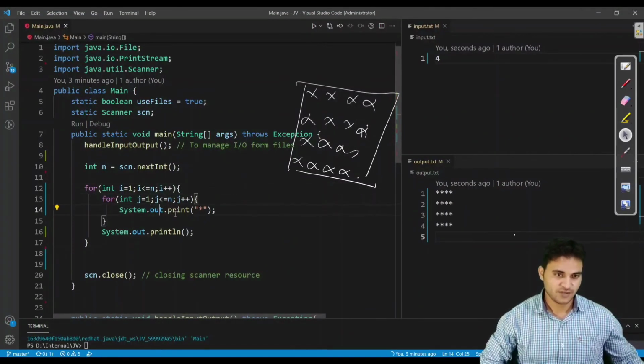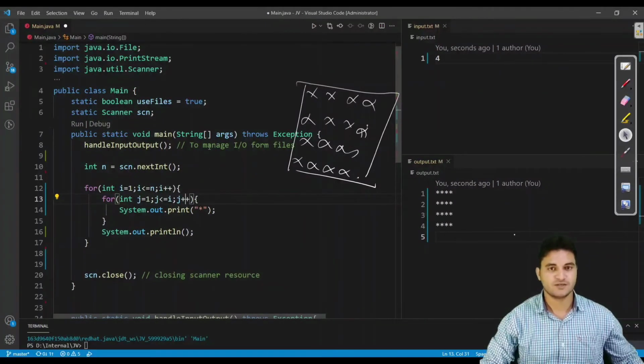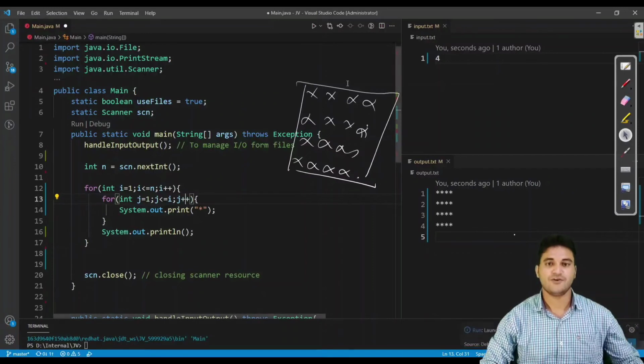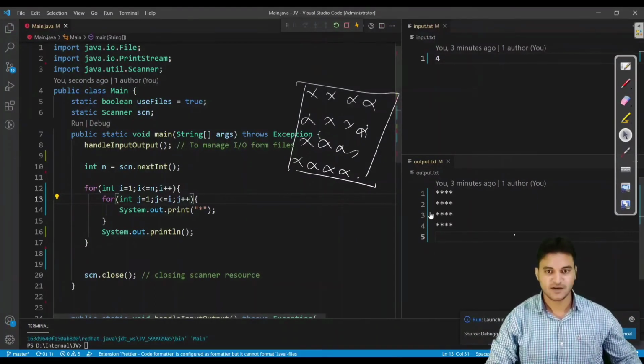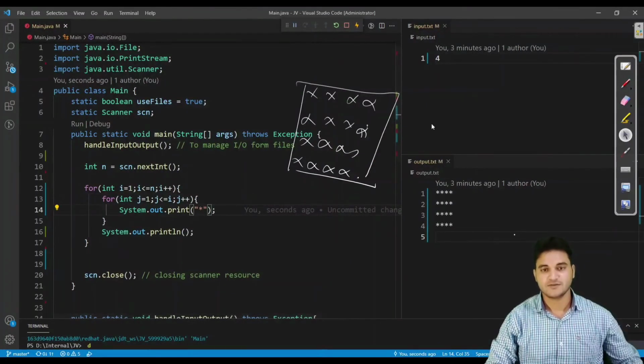So here you can see I am writing this condition: go till j is less than or equal to n, but I do not have to apply this condition. I have to write just i. Currently in which row I am, print that number of stars. So let us see now what we are going to get. I just changed from n to i, and it will give me the output. Let us see what it is giving me, and then we'll separate the output.